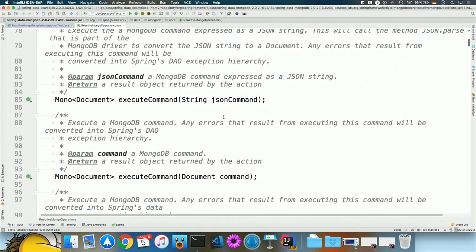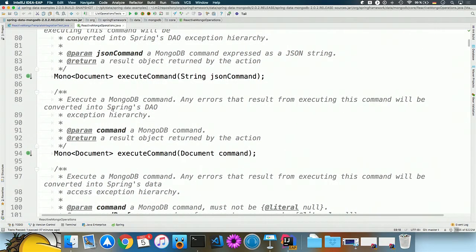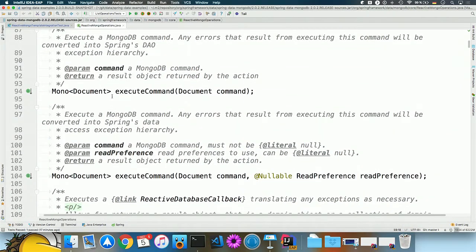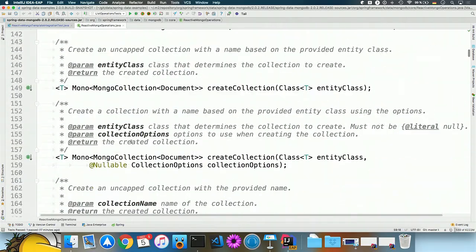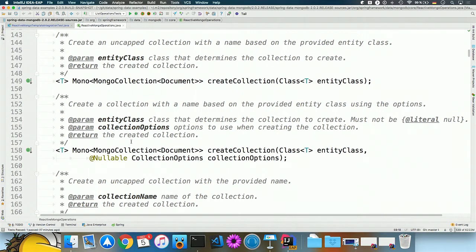The difference here is that our methods do not simply return just a document or an object, but they return a reactive wrapper type. So Mono and Flux, these are Project Reactor types, and they will be your friends in a reactive world. Every single method returns a Mono or a Flux. There are methods that also accept Monos and Fluxes. So if you have a deferred value to insert, you can pass that in as a query argument or as an argument to insert. And the Spring Data infrastructure will take care of it